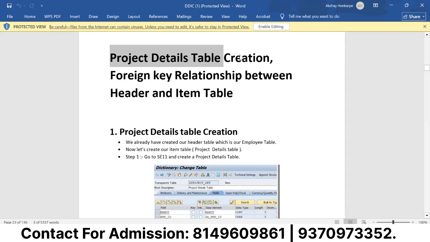So basically header table में क्या होता है? It is a main table, वहां पर जो अपने आइटम के रिलेटेड जो भी मेन इंफॉर्मेशन होती है, that information we store in our header table. And जो आइटम टेबल होता है उसमें we store our item related information, जो भी डिस्क्रिप्शन इंफॉर्मेशन होती है वो we can store into our item table. जैसे कि we are having the requirement,